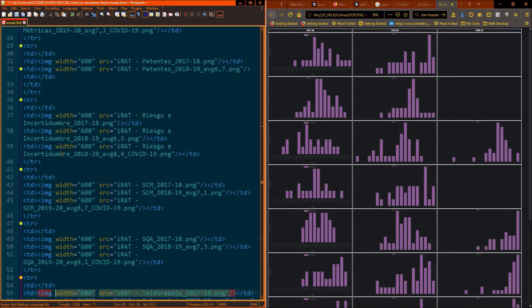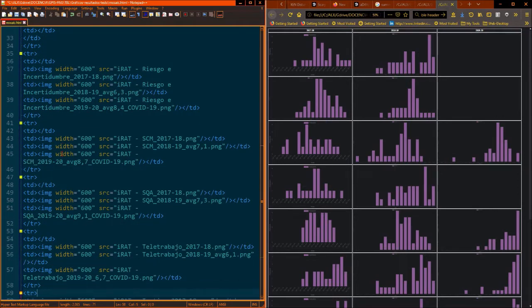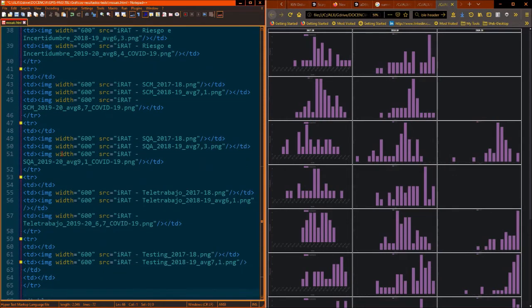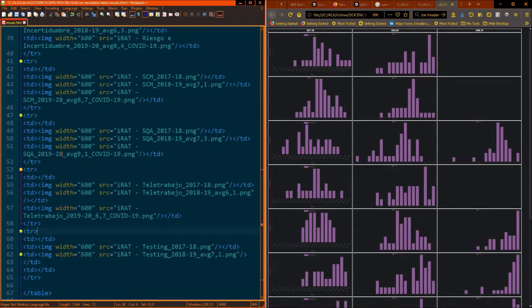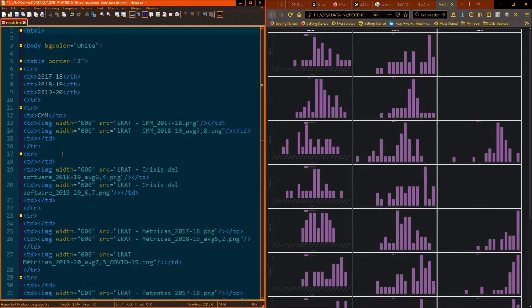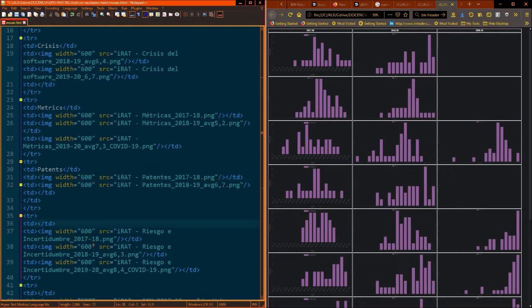Actually, the graph belongs to questionnaires done by Moodle. So these are distribution graphs of the marks obtained by the students in different years in different tests for different topics. So the second is for crisis, and the third is for metrics, and so on. And this is for patents, and the next is for risk analysis,